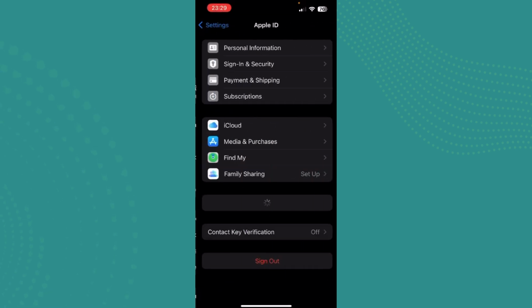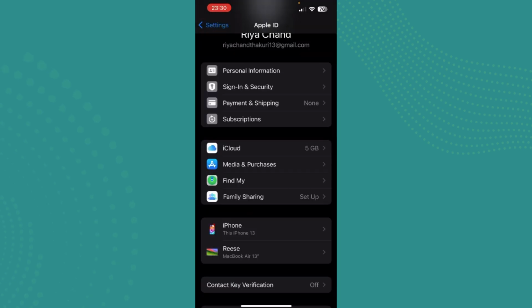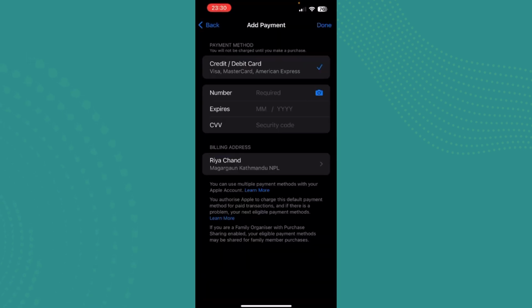Just tap on there. Now all you need to do is just tap on this sign in and security option over here, right below the personal information. And now all you need to do is you can just go to this option, payment and shipping, and once you're there you can see this billing address over here. Your billing address is your address, so you can just change it,